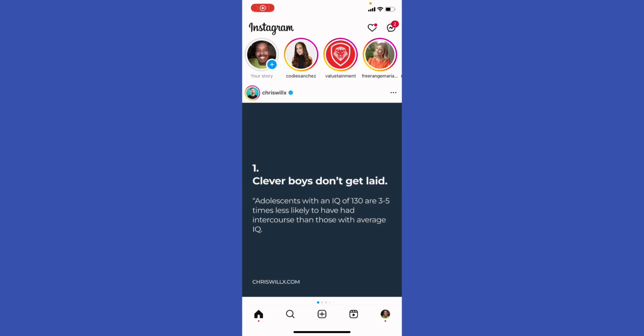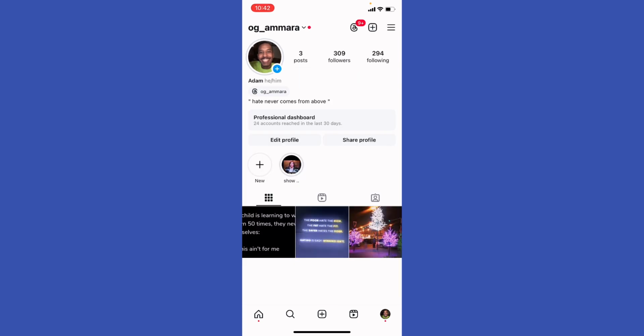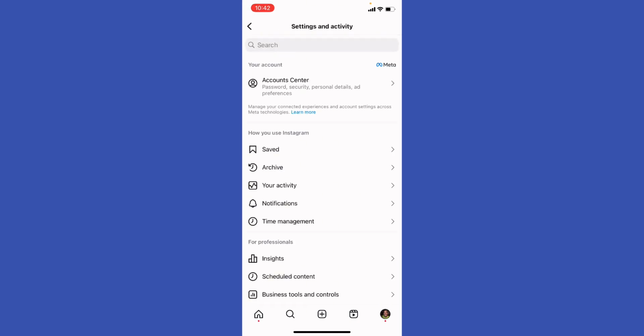How to switch from professional account to personal on Instagram. Launch the Instagram app. Go to your profile at the bottom right. Okay, click the three horizontal lines at the top right, and then just scroll down to find the account